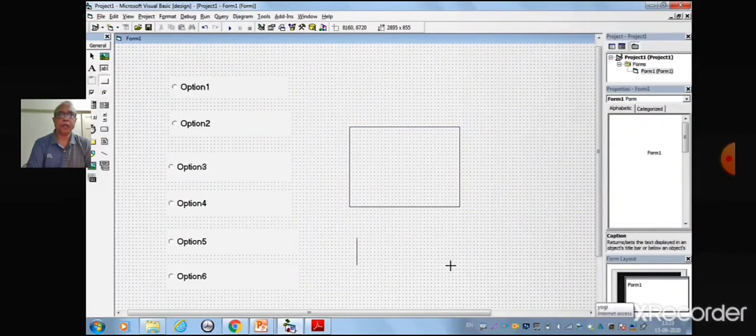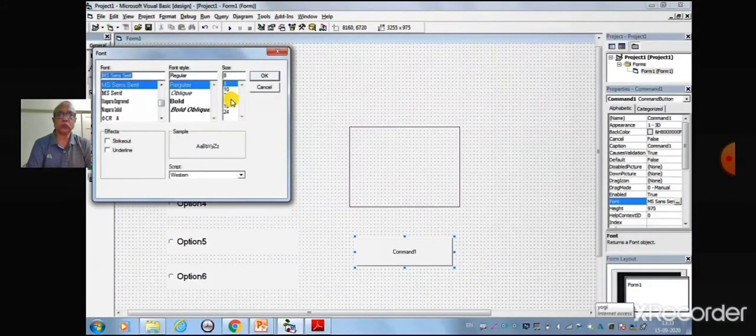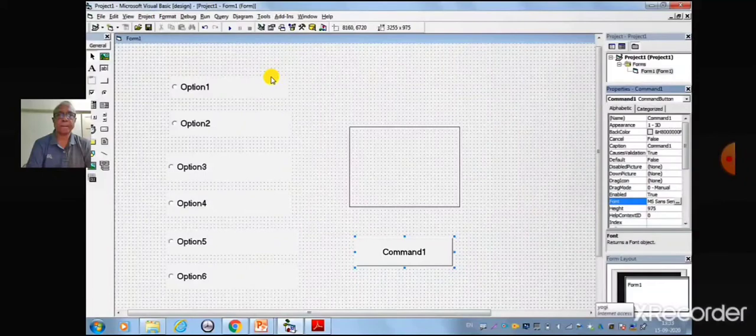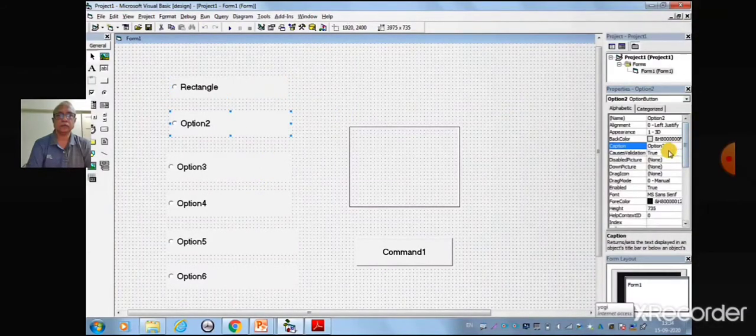Now we will give captions to the option buttons and command button from the properties window. The first option is rectangle. Change the caption to rectangle. Similarly, we will give captions to the other shape options also.